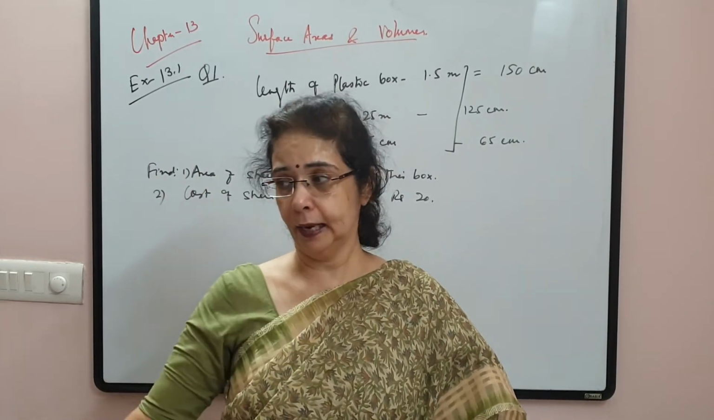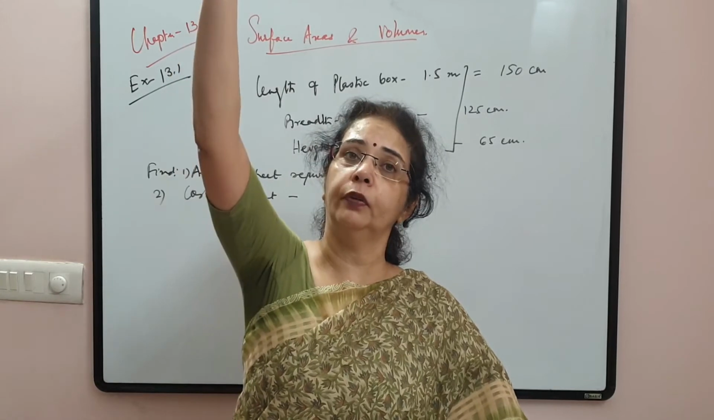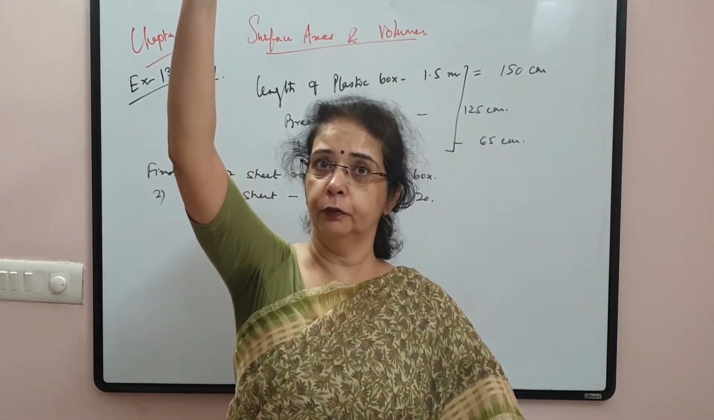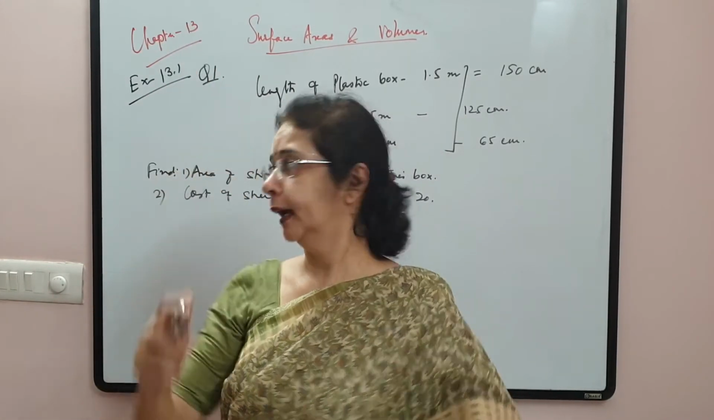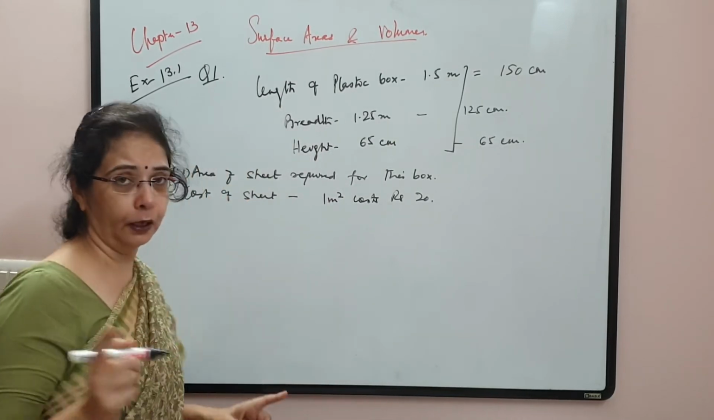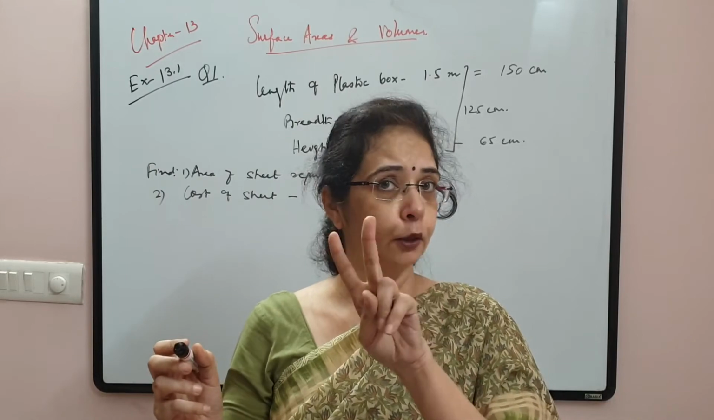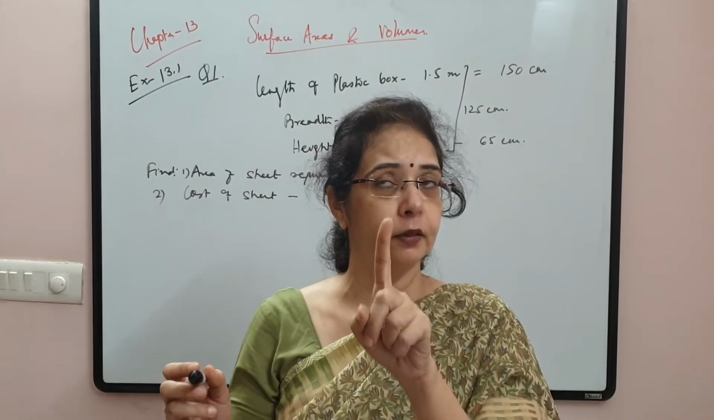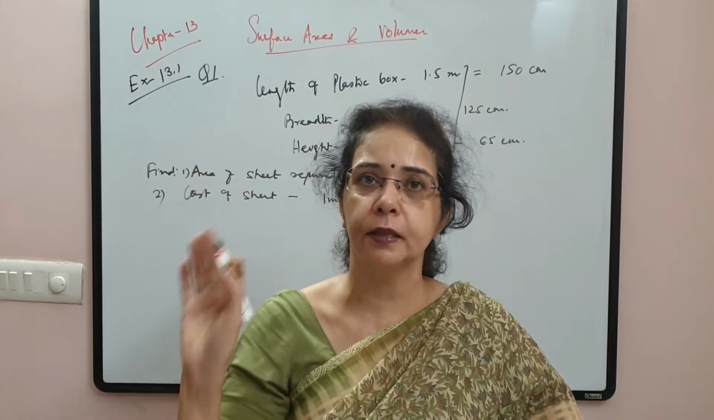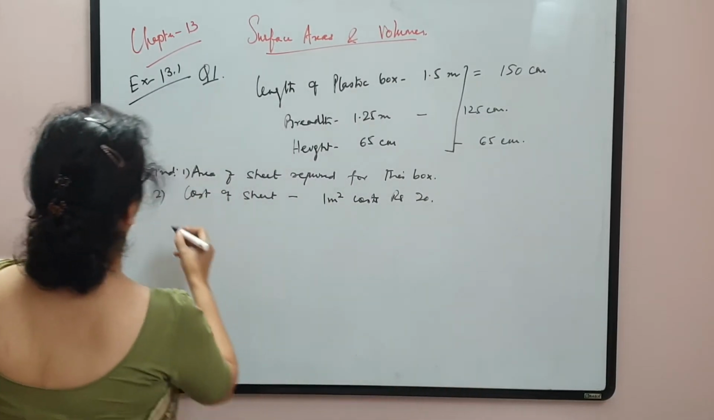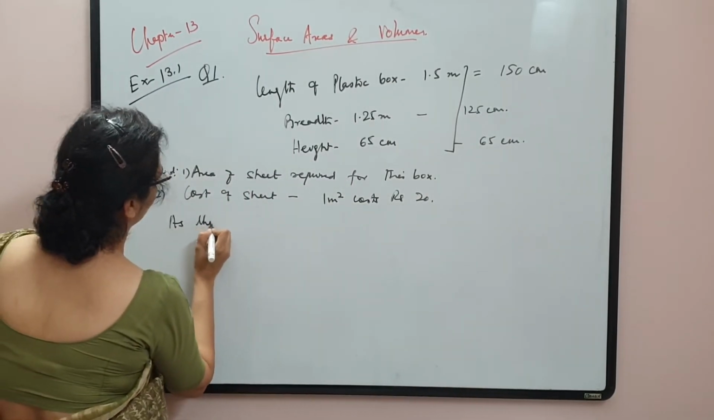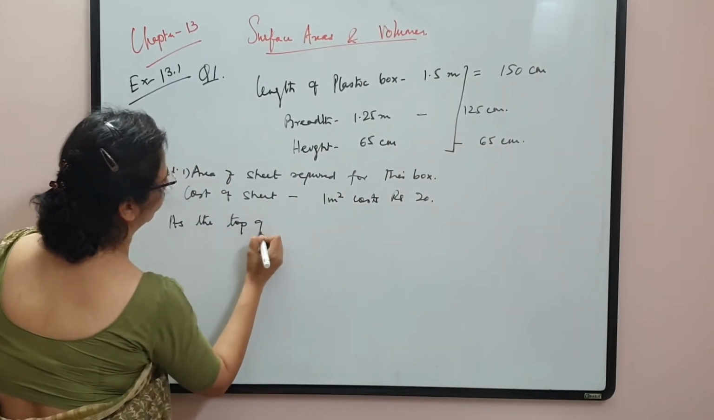Floor is length into breadth. The other duplicate of it is the ceiling. That is the top of the box, length into breadth. That means in the formula of the surface area, length into breadth is not repeated twice. It is only once because the top of the box is missing. Okay? As the top of the box is missing,